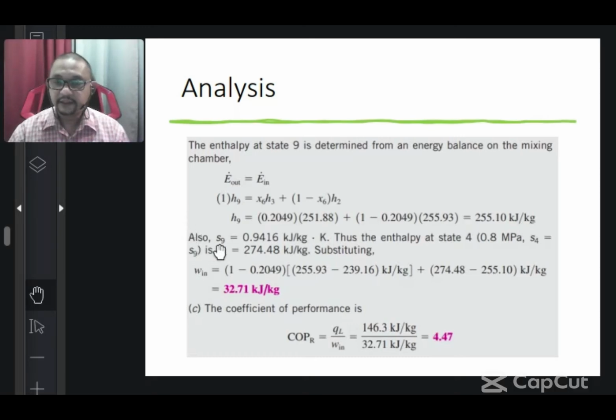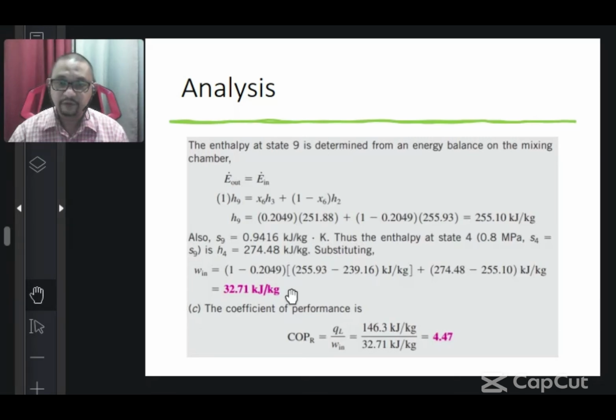So also S9 is equal to 0.9416 kilojoule per kilogram Kelvin. Two, we also know the enthalpy at state number 4, that means 0.8 megapascal. S4 is equal to S9. S4 is equal to SG. So H4 is equal to 274.48 kilojoule per kg. So substituting all these values into the equations of work,